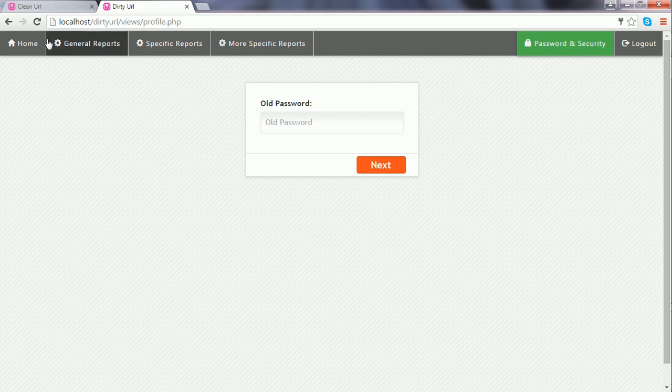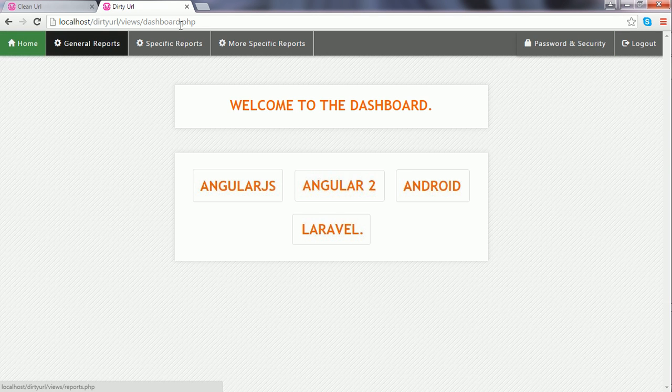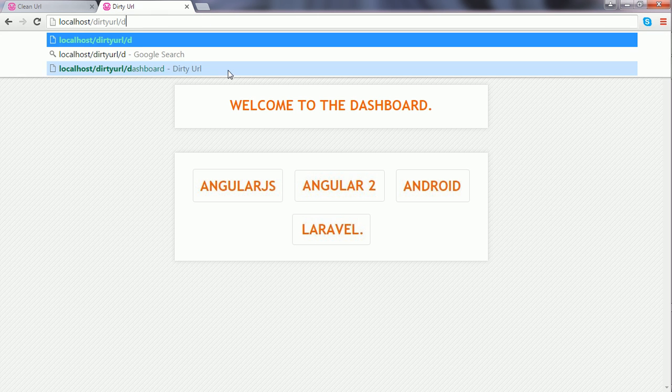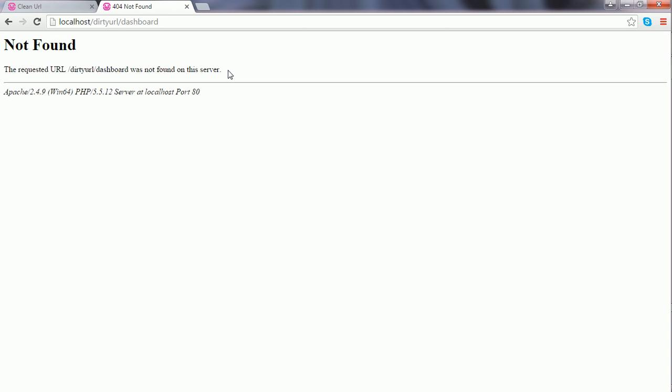Now I go to the dashboard. In place of the last two segments in the URL, I just write dashboard and hit enter. I said that when the last segment is dashboard, the dashboard.php must load. Here I see that there is an error message for me which tells me the requested URL was not found